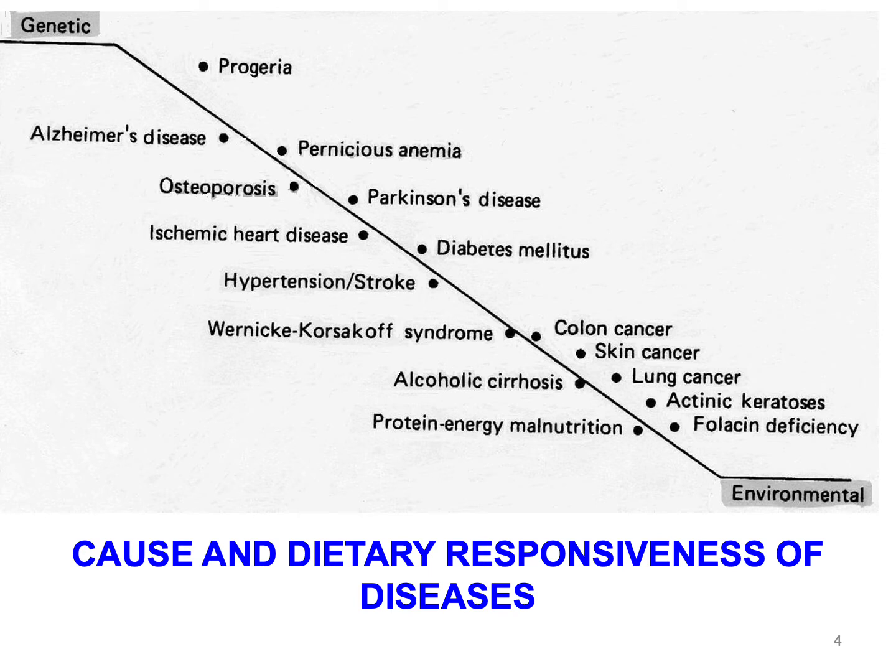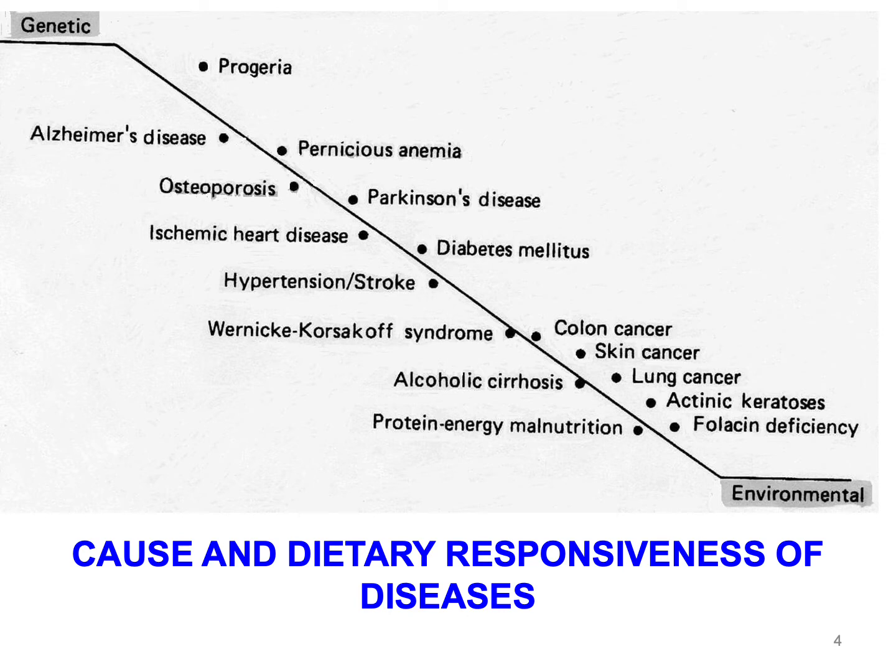The other end of the line are mostly influenced by environmental factors, like vitamin deficiencies, here you can see folacin, or protein energy malnutrition, different types of cancer and liver cirrhosis. And in the middle, you have different diseases and pathological situations when both the genotype and the environment, like the feeding, drinking, and other, may cause the problem,